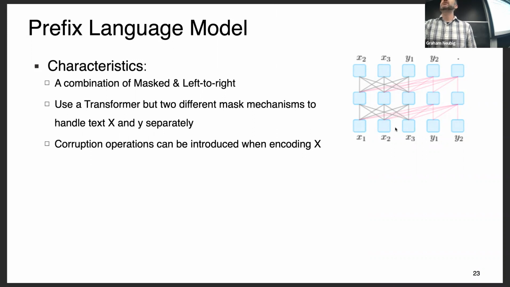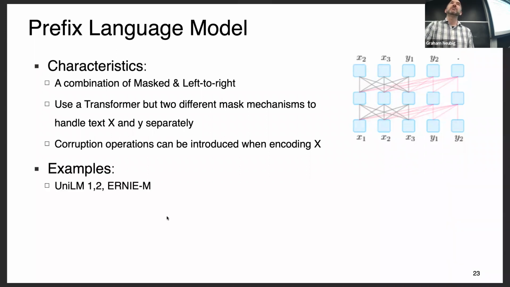So another thing is the prefix language models. They can use masked language modeling when training the bidirectional masked areas. And this kind of gives you the best of both worlds. It allows you to solve both cloze problems and left to right prediction problems. And it seems like that's a nice feature to have both of them combined together. There's a few examples of this, like UniLM and ERNIE. And as I said, these are less widely known than some of the others, but it's still worth knowing, and it connects together with what I'm going to be talking about next.